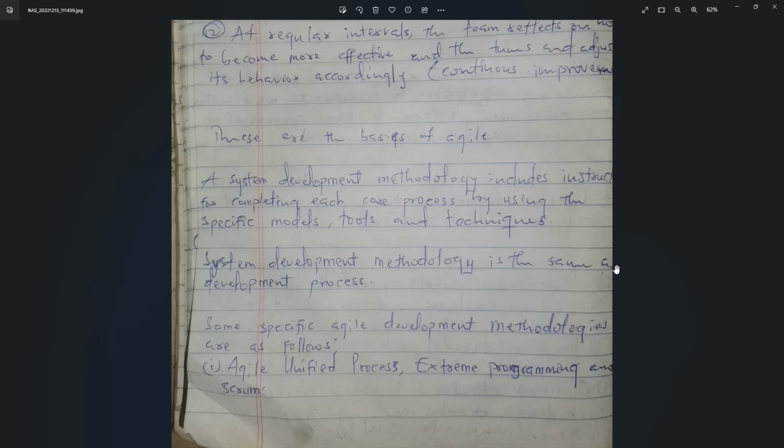Some specific agile development methodologies are the unified process. You see, as I said, agile is not a specific development methodology. It's a type of methodology that a lot of methodologies can be grouped under. So you can categorize a lot of methodologies under the agile methodologies. That's why it has its principles. If a methodology should fall under agile, you should follow all of the agile manifesto, that's the principles in that